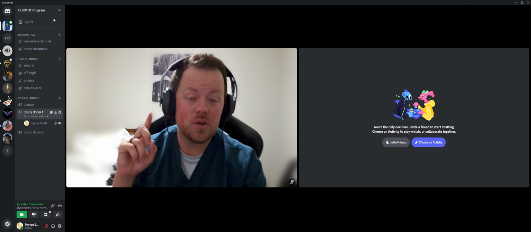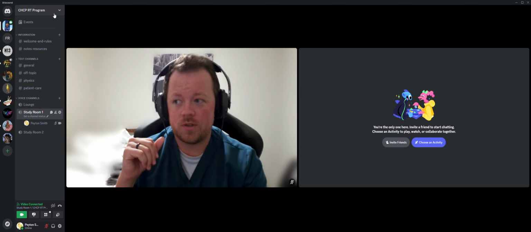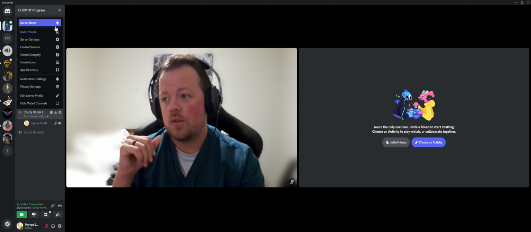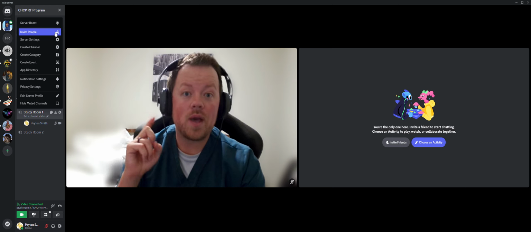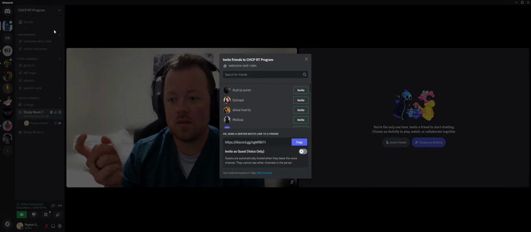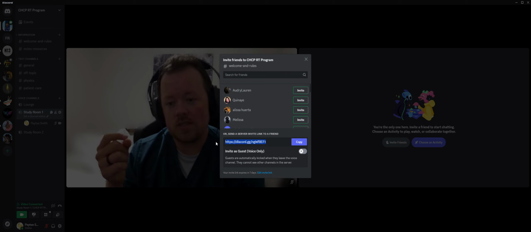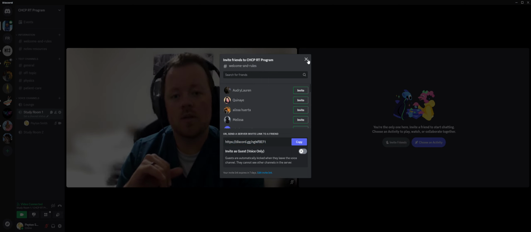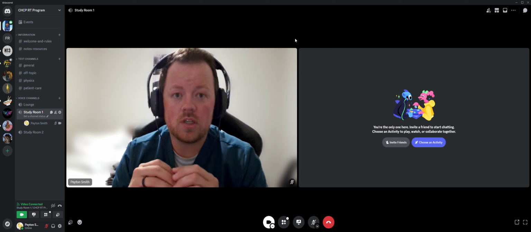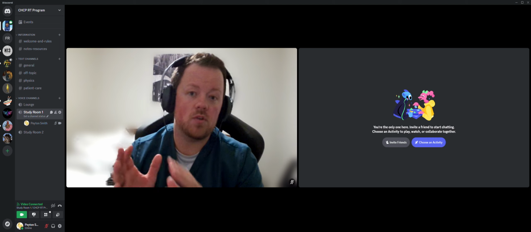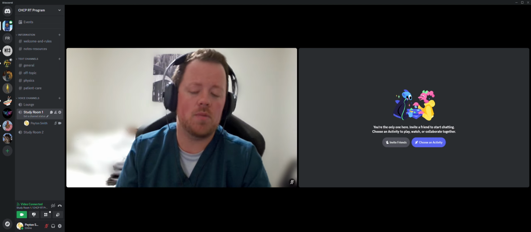If you want to invite somebody to the Discord, this is kind of important. You want to go up here to the drop down arrow and click invite people. If you have their phone number, that works the best. You can text them the link. You'll just copy and paste this link and text them directly. Or if you already know their username, you can type it in here. But those links usually last 7 days, and you will not be able to join after those 7 days. So you'll just have to send them a new one.